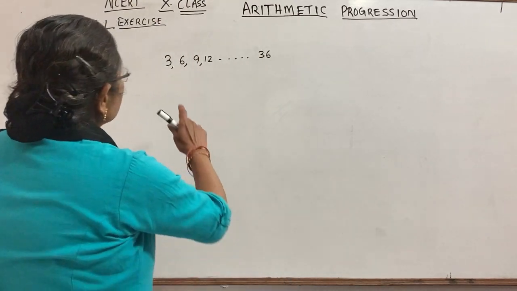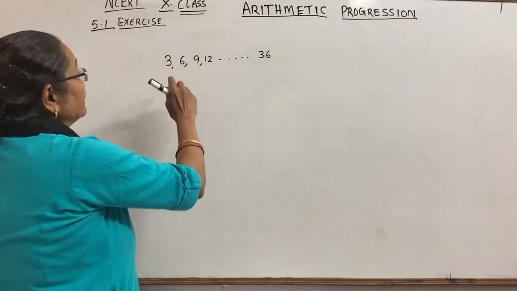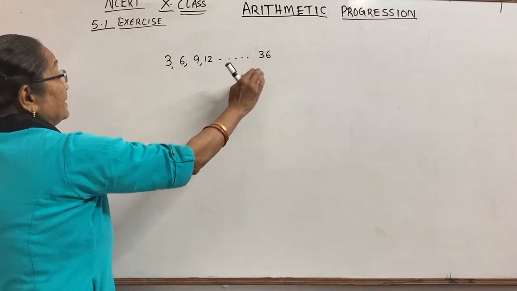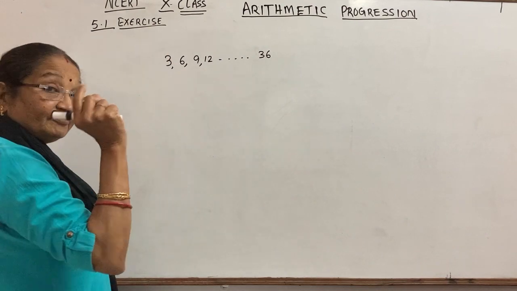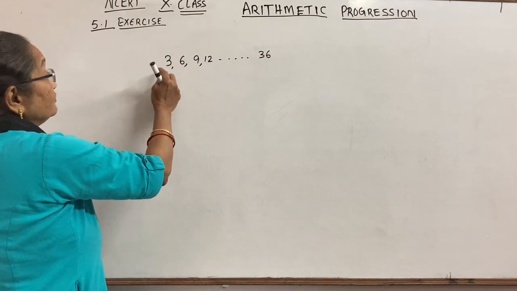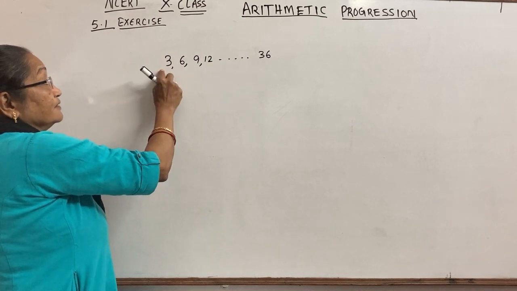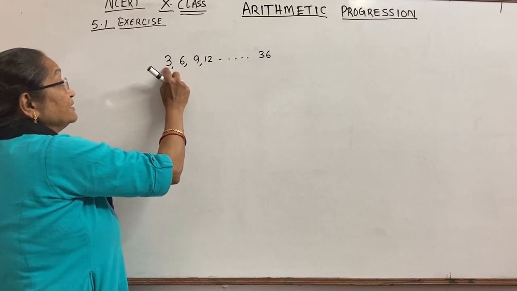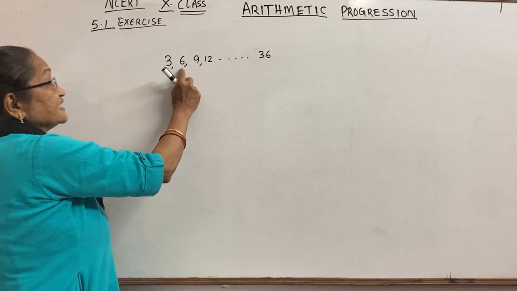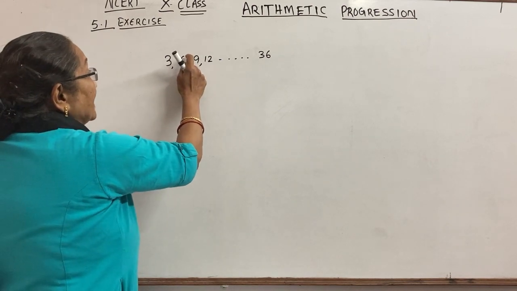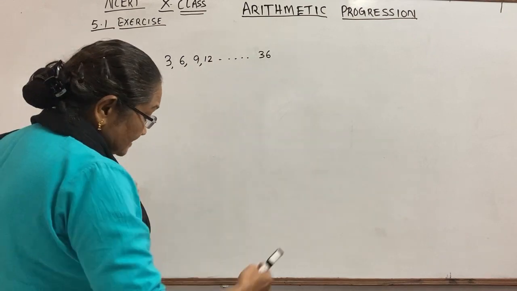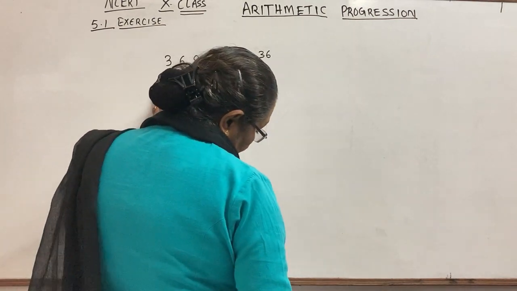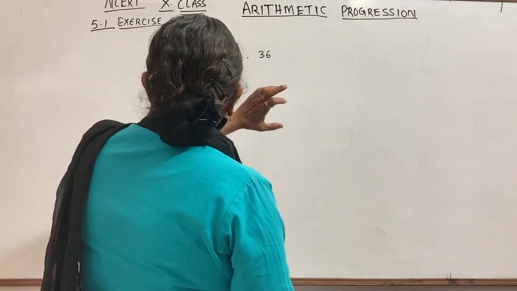That means what is the fixed number, this is the AP, how we will say. So the difference between the 6 minus 3 is 3. That fixed number should be added to the previous number. 6 is previous number 3, 3 plus 3 is 6. To get this again you add 3, so you will get 9. So you will get the next, the proceeding numbers you will get it.